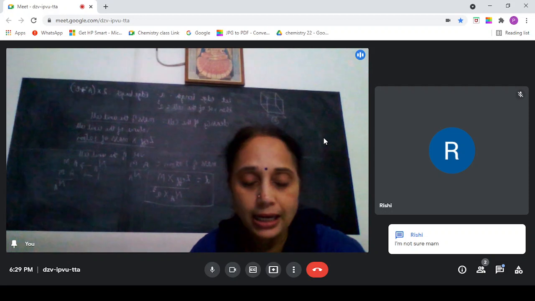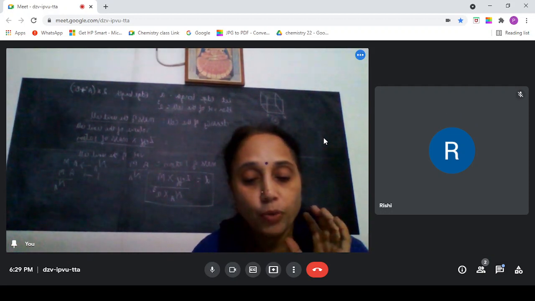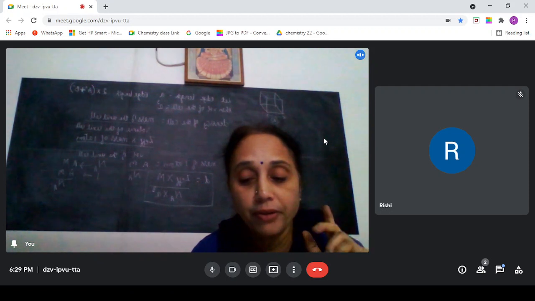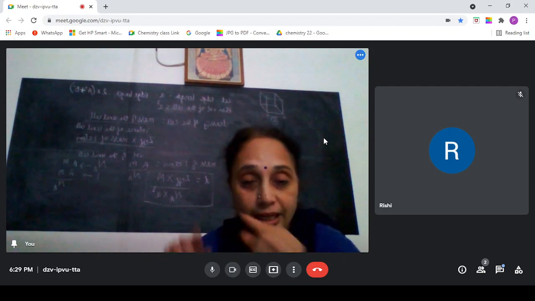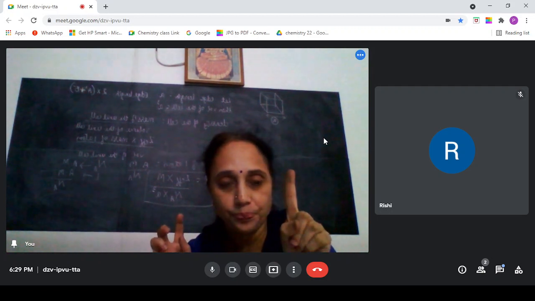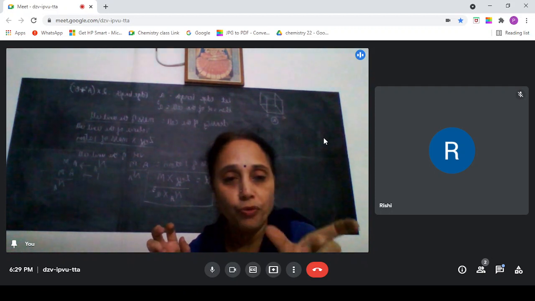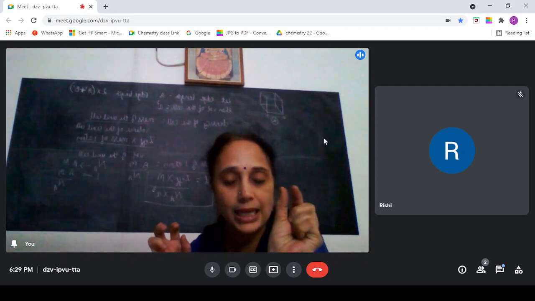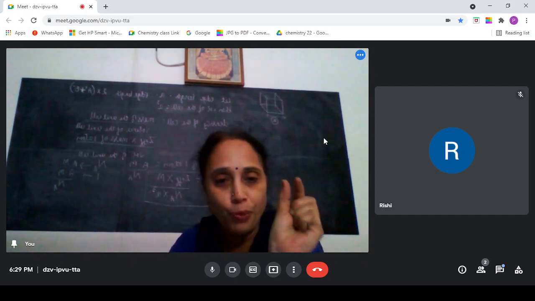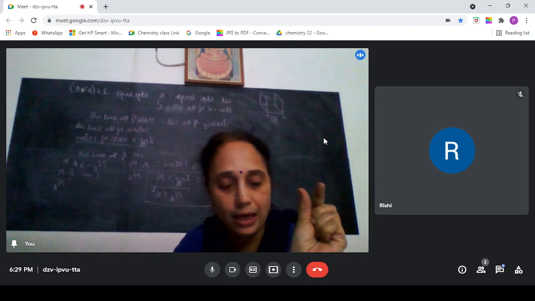Okay, first we will analyze. They have given the edge length. So with the edge length, you can find out the volume of the unit cell. Edge length means the edge length of one single cell. One cell edge length is given. Find out the volume of one cell. How will you do that? Cube it. You will get the volume of one cell.